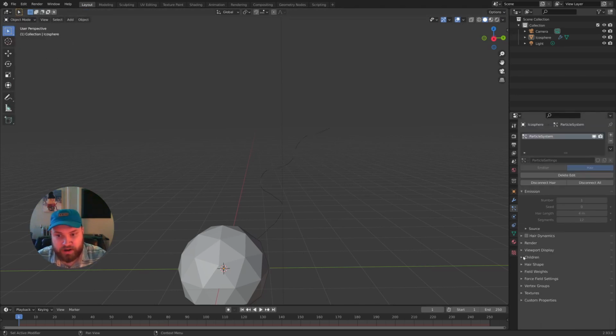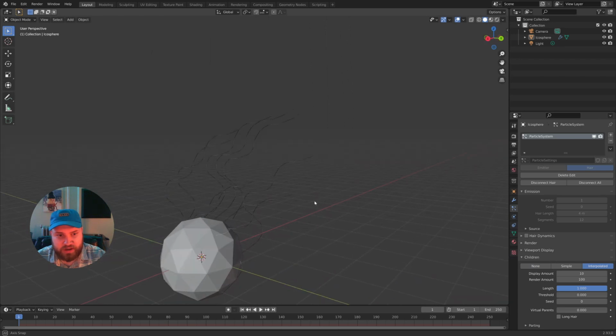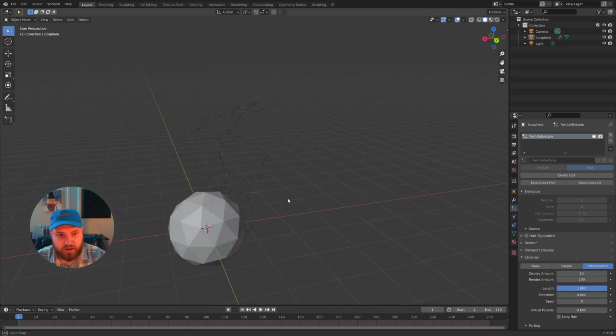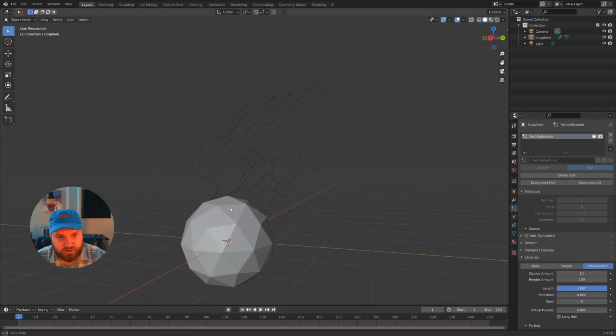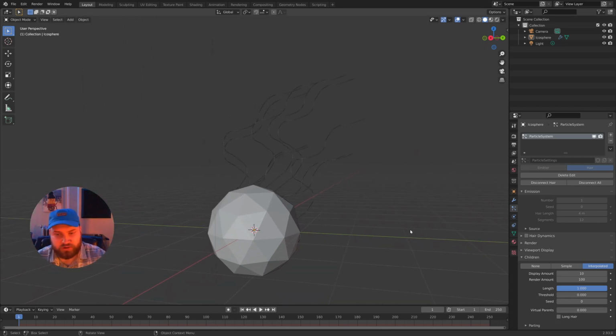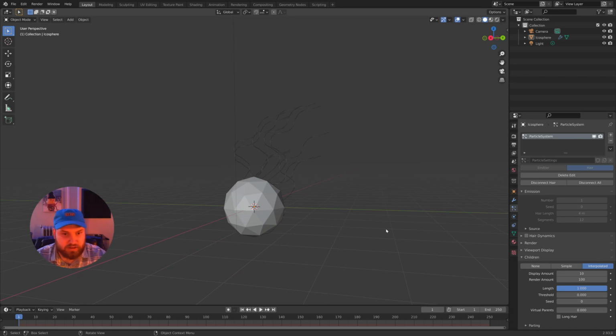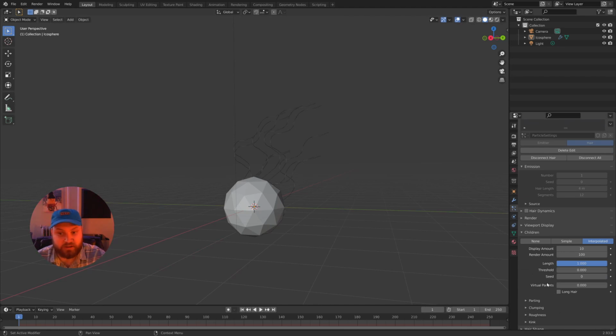Let's just jump right in to children, okay? So like I said, I like to use the interpolated one. So I click here, and we now have all of these hair follicles all over the object, and they all are doing the same thing, but they're in different places. And that's what children are here. Basically, you just have duplicates of your strand of hair, and you can procedurally change the way they look, but